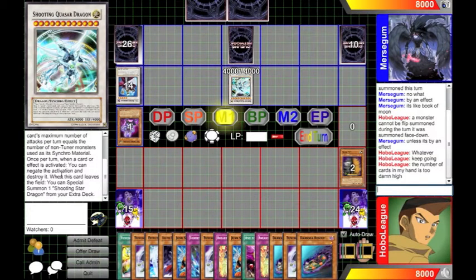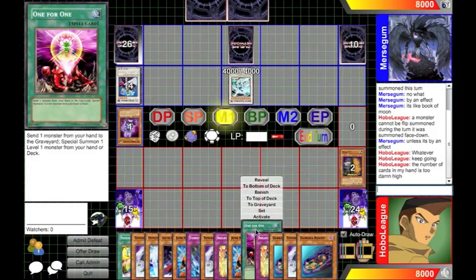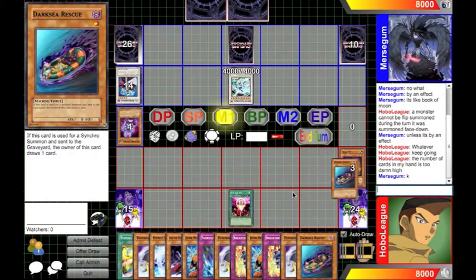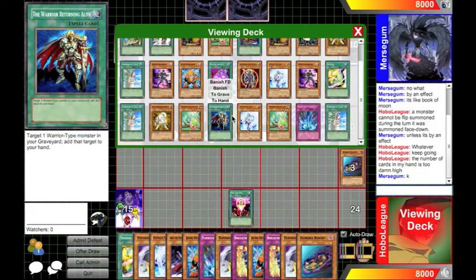So I can use the Junk Synchron to bring back that Dark Sea Rescue and try to get that play off of my opponent. So what I'm going to do here is I use the 1-for-1 to discard one of my Tuning Wares or Darksea Rescue, one of the two, to summon a monster from my deck. And he allows it with the Quasar. And I was thinking that I was going to get another Darksea Rescue or Tuning Ware, but I've already got them in my hand, so I go for the Veiler